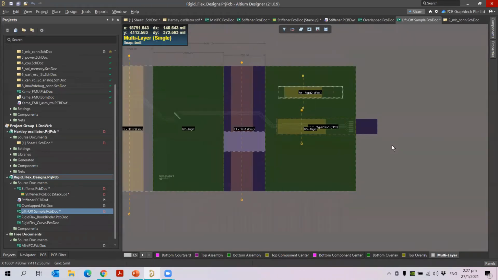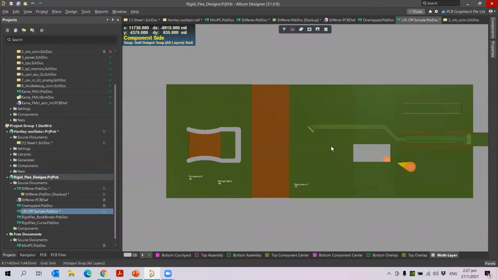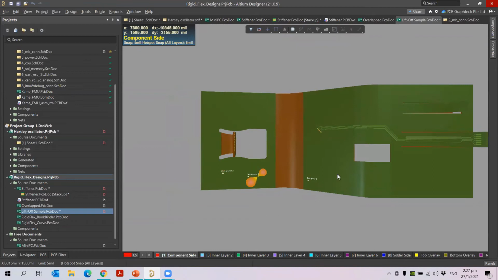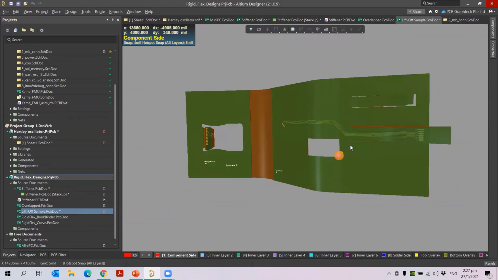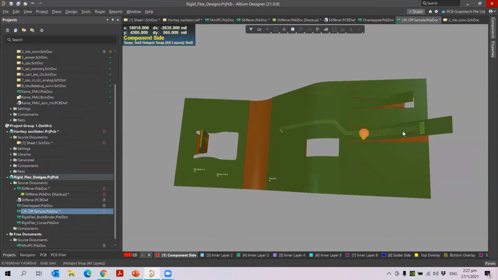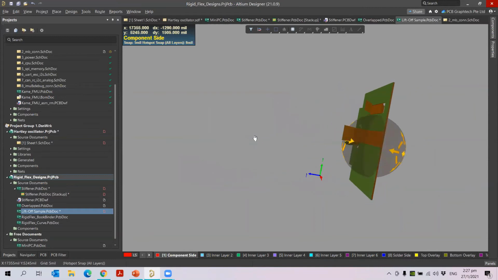So once we have done that, if you want to see it in the 3D view, you can press 3, and then press 5 to see. You can see how folded it is, how nicely it is bent, and you can see the flex material and the rigid material here. The rigid materials, the stiffener materials, are added to give strength to your board. The flex region is bent based on the priority level, and if I press 5 again, they will close.